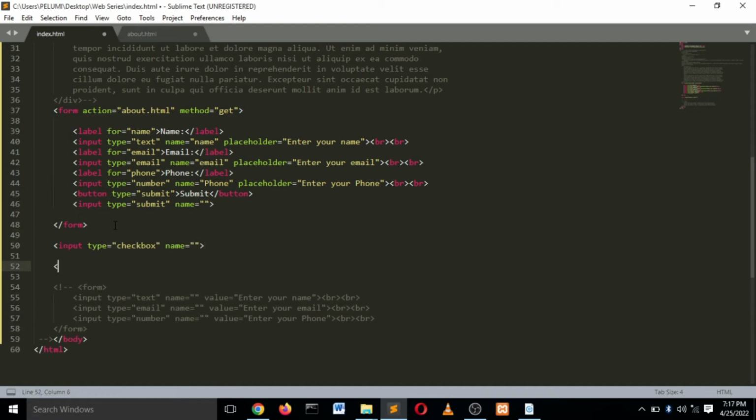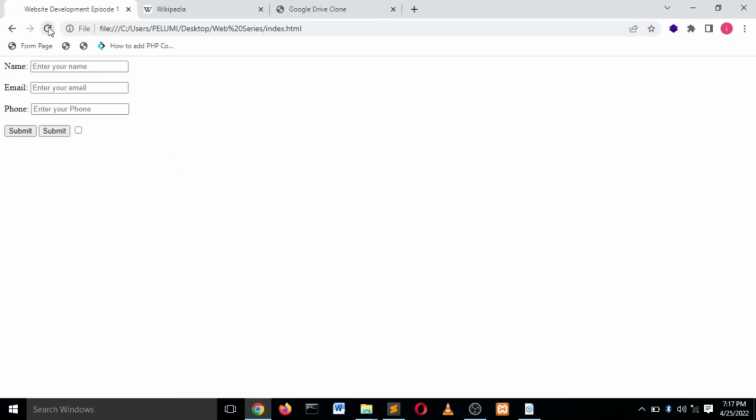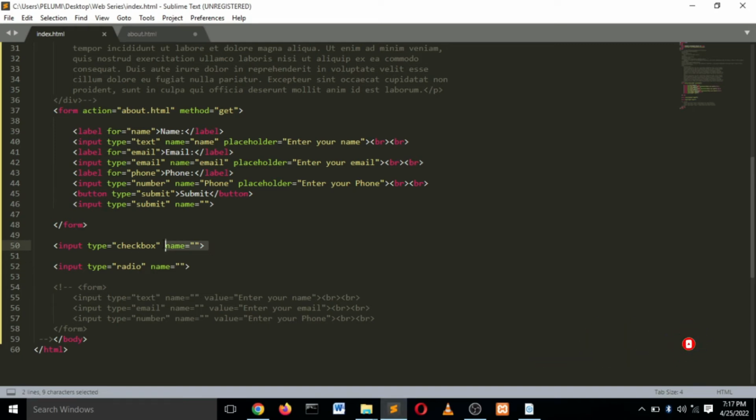Then we also have another input type of radio. So that's how you create a radio button. Can you see radio and checkbox? And there's a difference between the radio input type and the checkbox input type, and that's what I want to explain over here. Now let me just copy this,